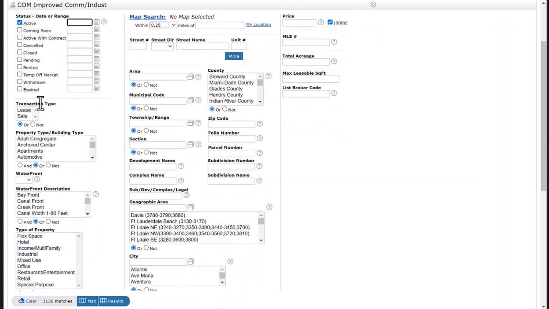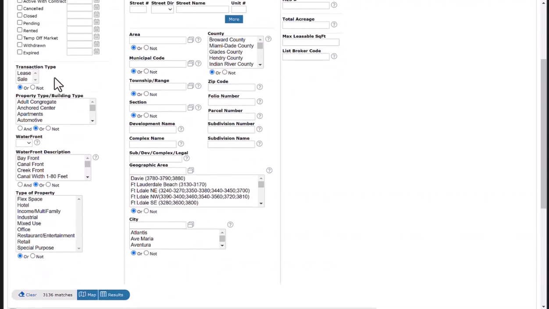For example, on the left, you can search based on the transaction type, if the commercial property is for lease or for sale. And you can also search by property type, building type, such as, for example, you can search for adult congregate, which is adult facilities, anchored centers, such as a space that's about the size of Publix, as an example. You can also search for apartments as well. So if you are using commercial to search for apartments, you're going to find apartments that are 5 or more units. You can also search for automotive spaces, building services, build trades. You can also search for churches. Also commercial residential income as well, condominiums, consumer services, convenience stores,